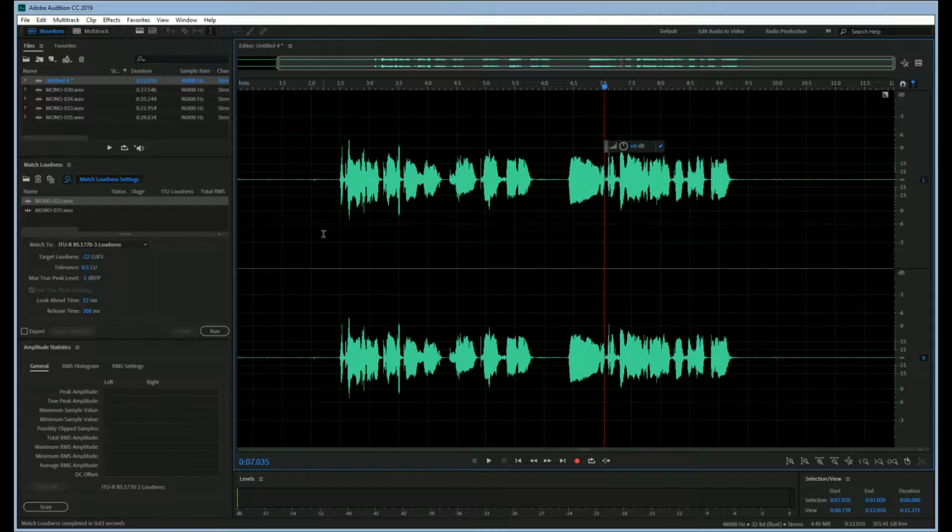Now, you'll get a lot of different information on YouTube about the levels and how you should be recording, and what levels you should be recording. The only thing that's common and consistent in that information is that you don't want to be clipping your audio. You need to keep it within a certain range. So what I wanted to show you here is I have an example here using Audition that I just recorded. It's a sample, and you can see based on the levels that I am roughly at a -9 dB average, probably a little less than that.